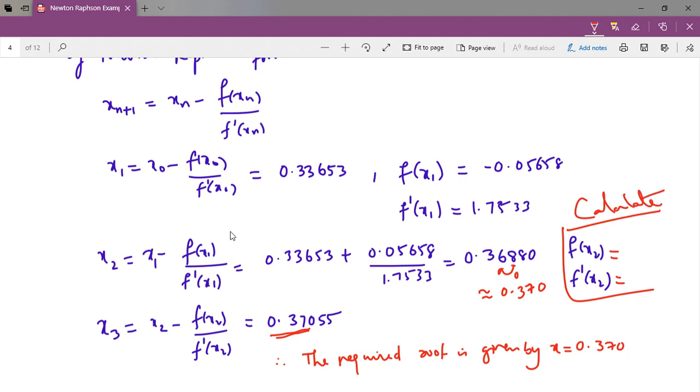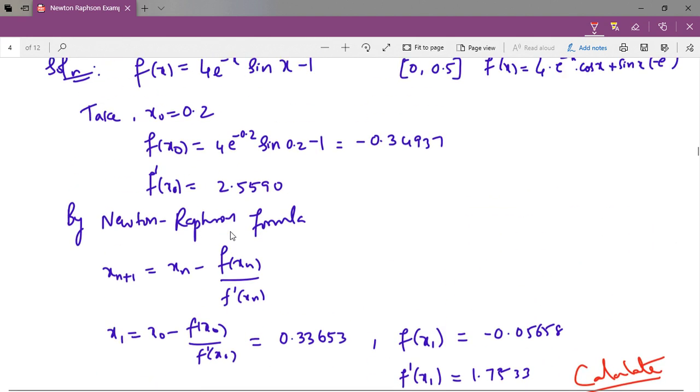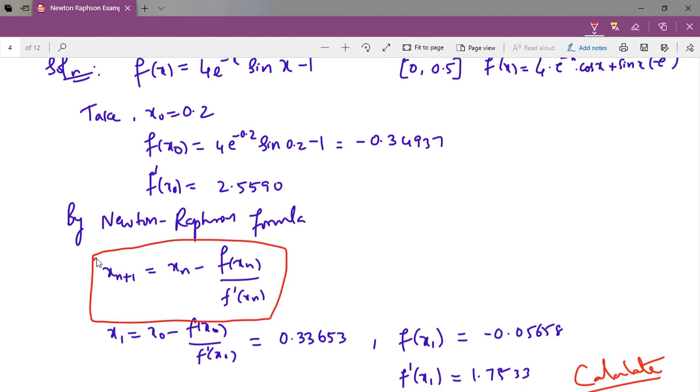So, this is the theme. That means, you need to first understand the theme. What is there in the Newton-Raphson method? This is the formula. Okay. So, what are the things to be added in the formula? See, when n is 0, x1, we need to calculate it. x naught is given, f of x naught we have to find out, f dash of x naught we have to find out, then substitute in the formula and we get x1.